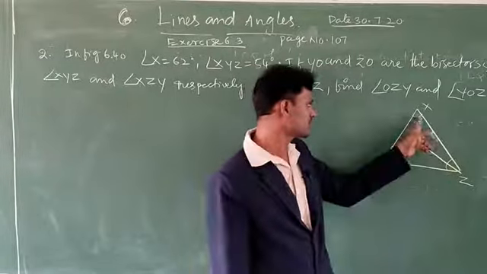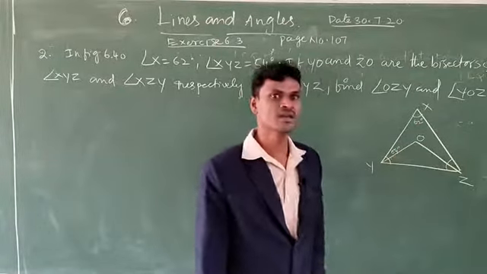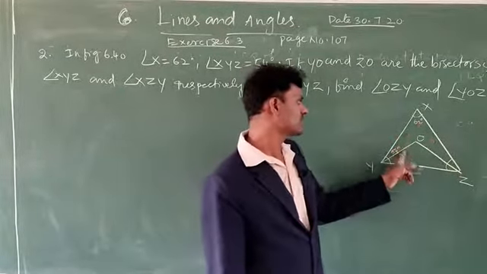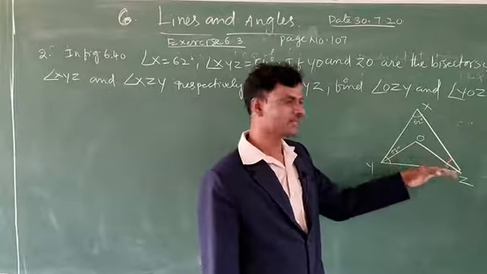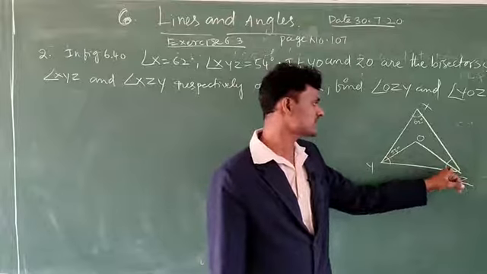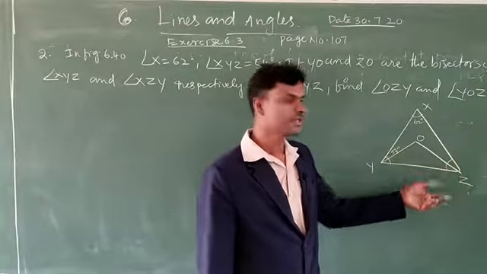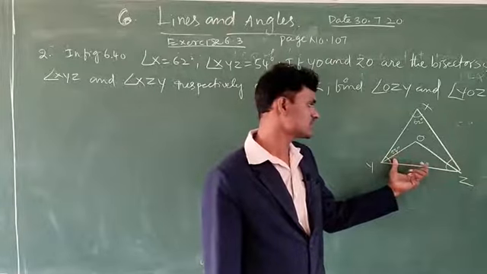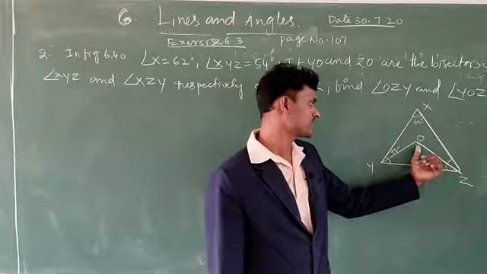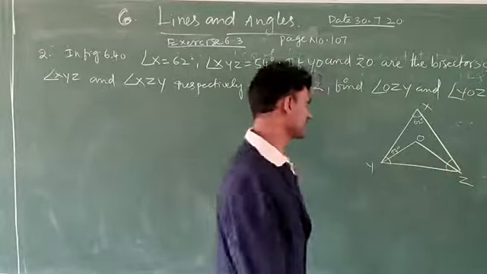How is it? The sum of the three angles is equal to how many degrees? 180. Then you can add these three, and equal to 180 means you will get this answer. Thereafter, you have to find this angle. Angle bisected means these two are equal, then divide by 2. Thereafter, this is also angle bisected, so this is also 27 degrees. The sum of these two plus this one is 180 degrees. Now see here, if you don't know.